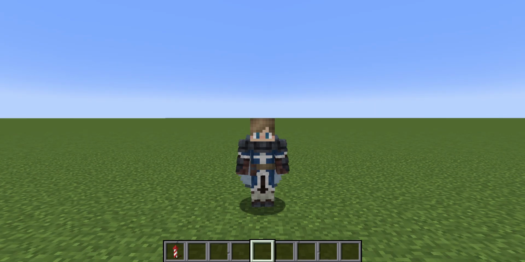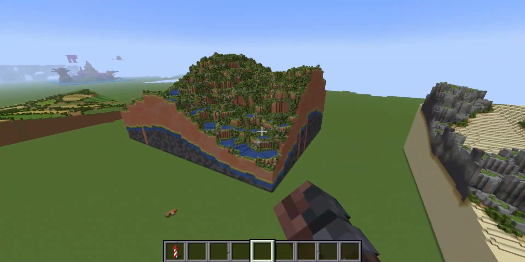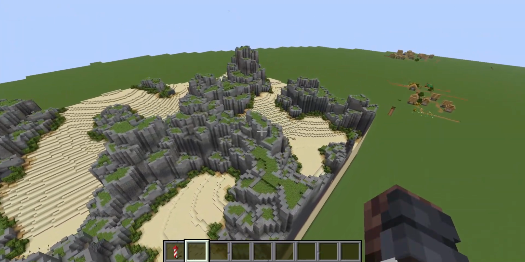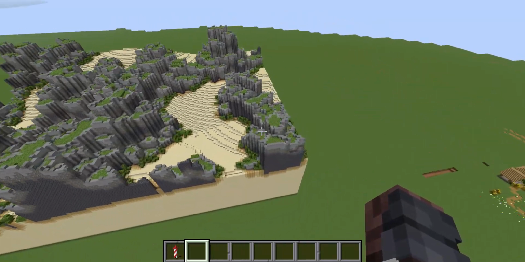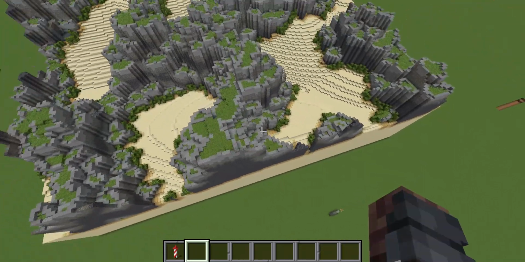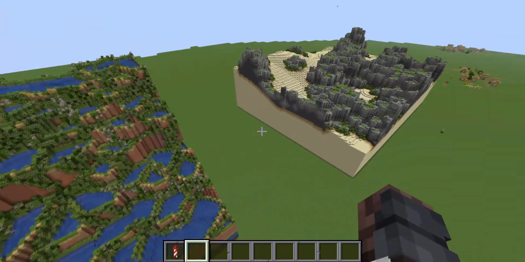Hello, today I will be explaining how to create these two terrain pieces that I've showcased. Yeah, let's get started. Before I do any actual building, I would like to say these two were made pretty much entirely